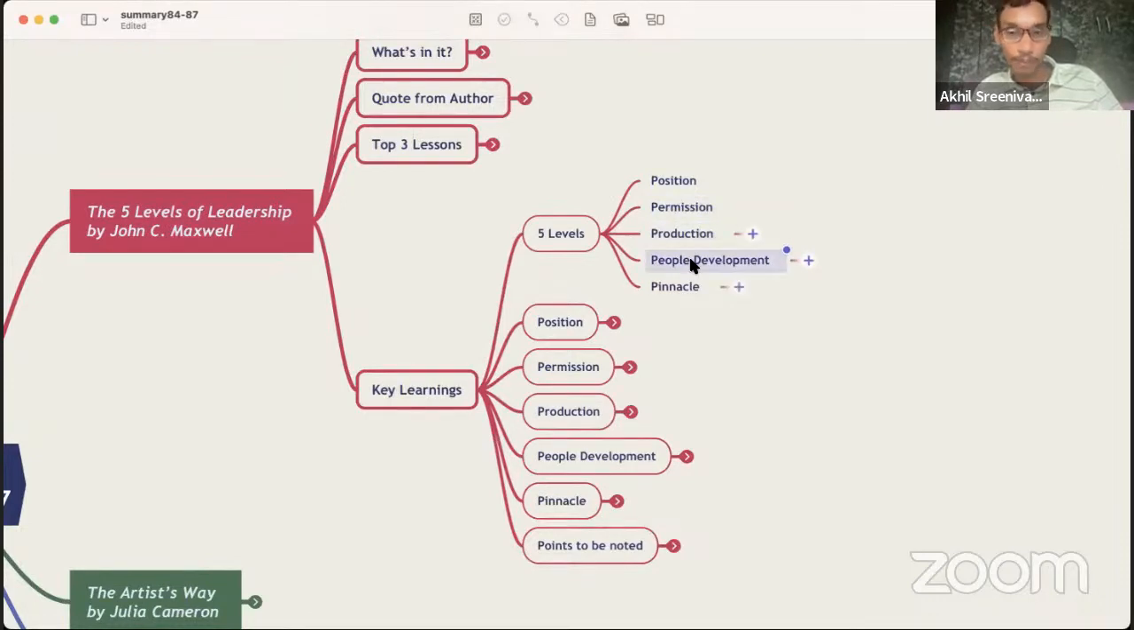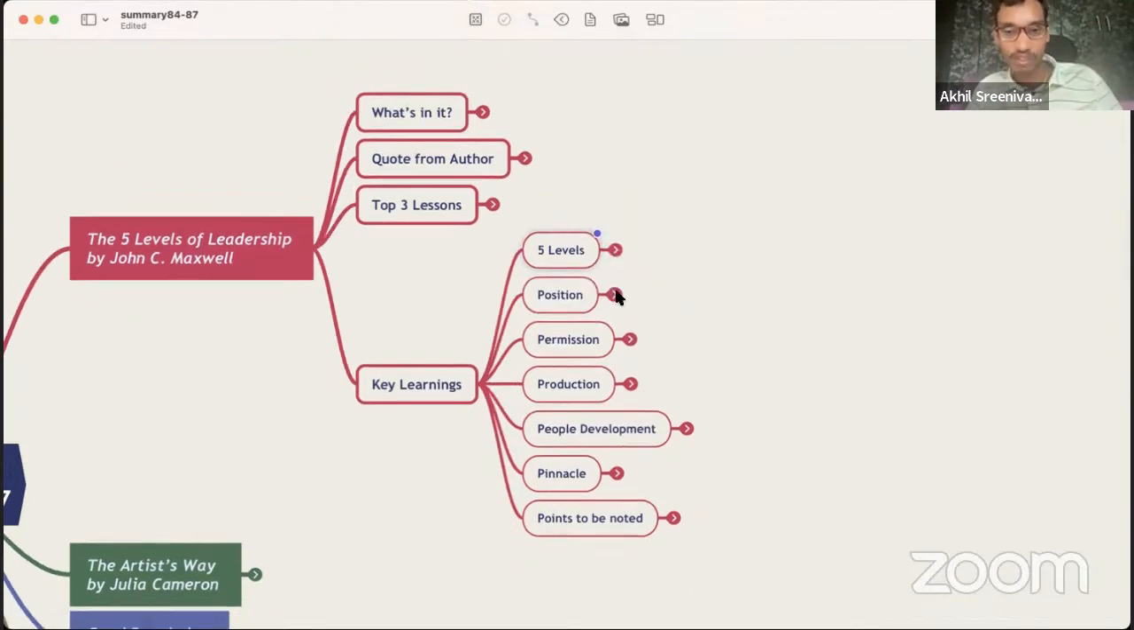Fourth level is people development. And fifth level is pinnacle. Pinnacle is nothing but to reach the top of the world. So these are the 5 P's of leadership: position, permission, production, people development, pinnacle. So let us see each and every level and what we can take forward from our